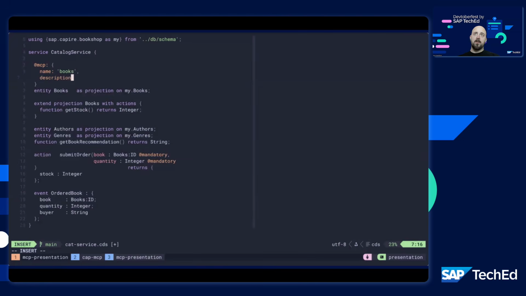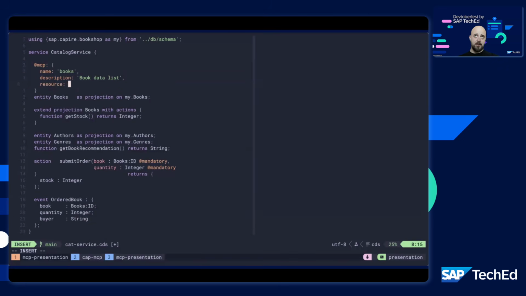We want to give it a description. The description is not for you as the developer. It is for the AI agent. So when you write these, think of it as you're writing to the AI agent and telling it what your API is actually capable of. In this case, because it's a resource, I know it's read-only, so I'll just tell it that this is a book data list that we will get out here. Then I have an option,